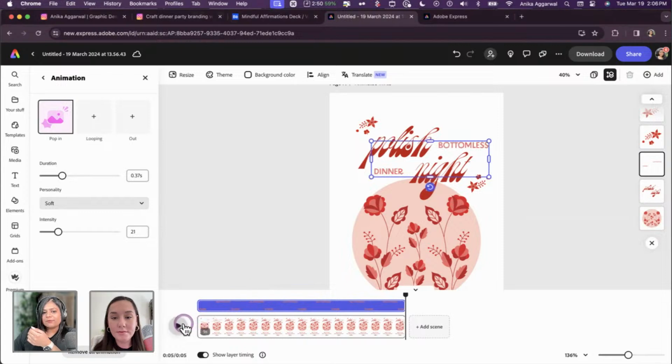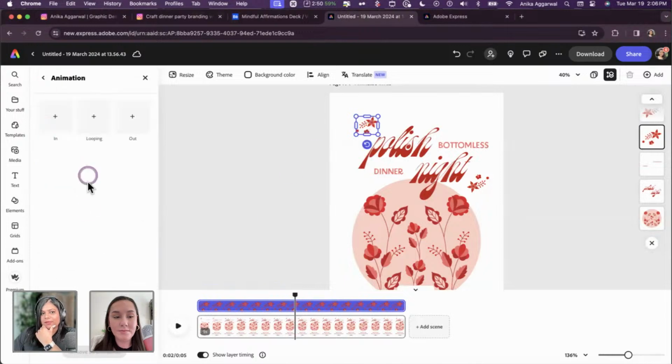And I always like to do a playthrough just to see how it feels. It can be slow sometimes because you do want to make it perfect. I'm kind of a perfectionist sometimes, so I get bogged down on details. But the idea of using Adobe Express is to not get bogged down on the details. So I love that you can actually do that here.